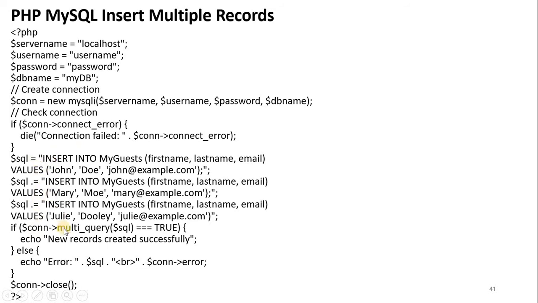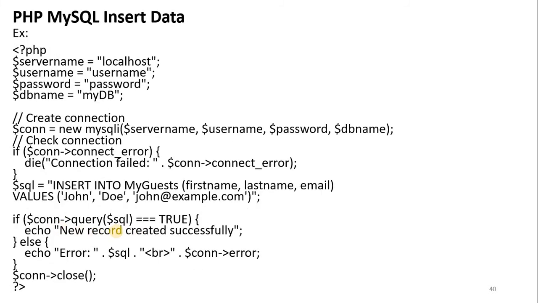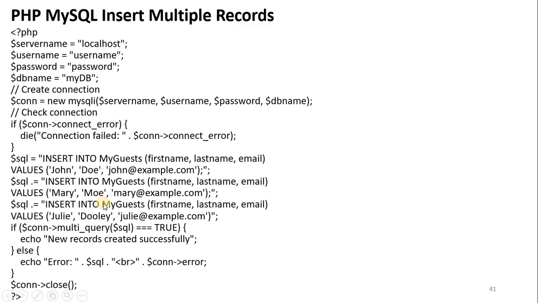Okay. So here we have inserted multiple queries, right? So we have a function called multi_query used for executing all those multiple queries which are present. As it is a single query in the earlier example, we used only the query function. Now in this we have multiple insert queries, so you use the multi_query function for executing. So multi_query of $sql. $sql is a variable which stores all these queries, and if it is true, then the new records are executed successfully, or else it will throw an error.